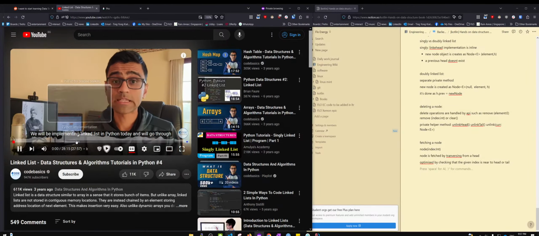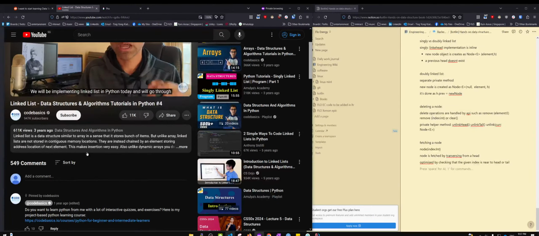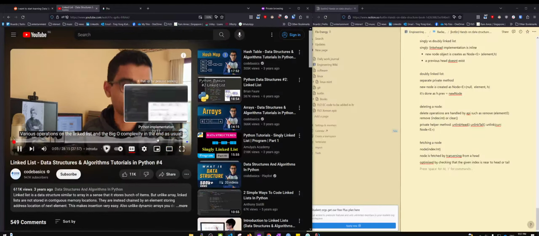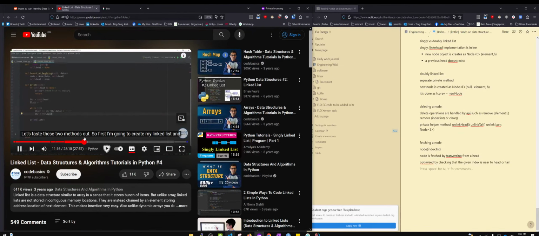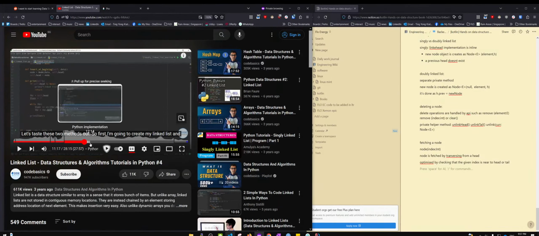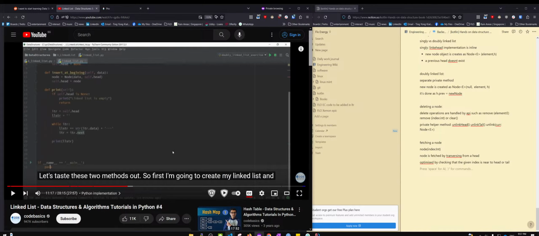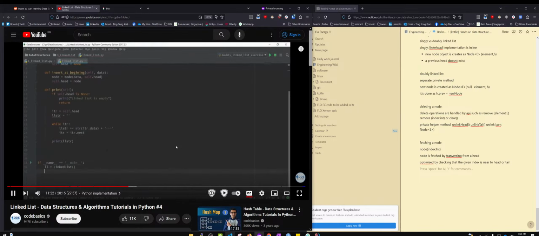We will be implementing a linked list in Python today, and we'll go through various operations on the linked list and the big O complexity. Let's test these two methods out. So first I'm going to create my linked list, and in